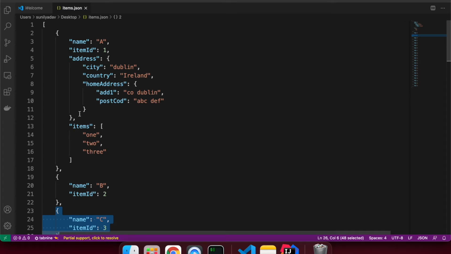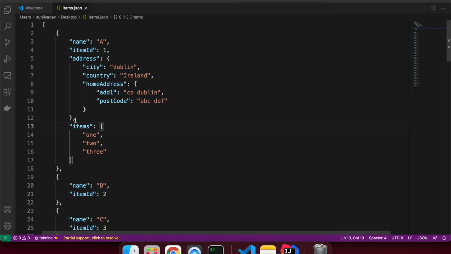But if you want to put documents inside of another document, we call this a nested document. In address we have city, country, and under that we have another home address, with address one and postcode, just something I put in. And we have another array of items here.